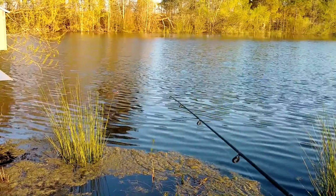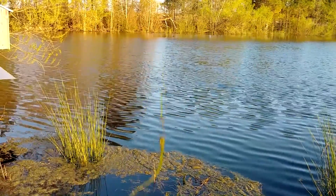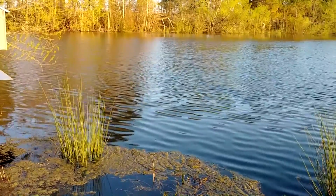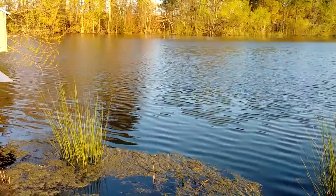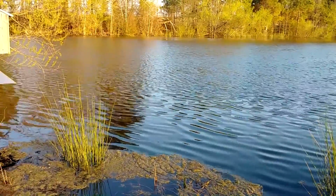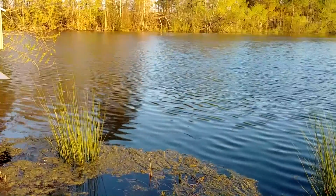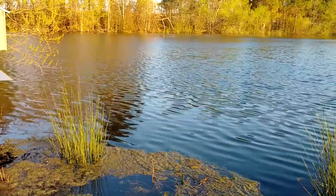Rod with the green hook, green worm's trying to get a nibble, but I believe it's a baby. Oh, he took the whole worm off. Whatever it was. I'm gonna take that cork off, Julian. I'm gonna try bottom a minute. I know I'm probably gonna get all slime. Just lay it down there. Are you on the bottom? No. When your line starts blowing out like that, you should